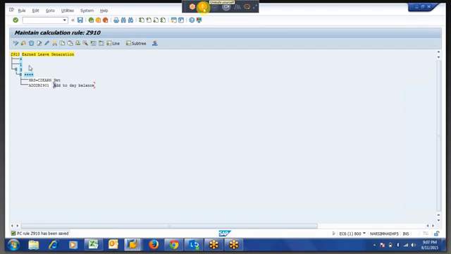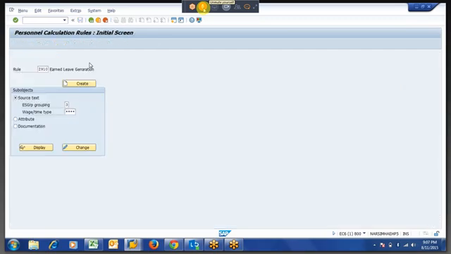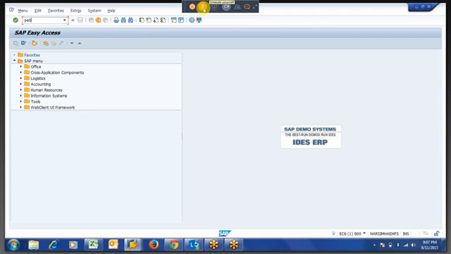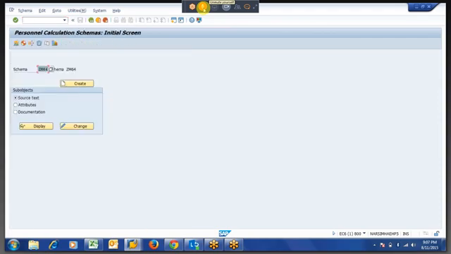So this PCR we have to insert somewhere in the schema which we are running in the payroll driver. Before that, when you are inserting a PCR, we have to copy the standard one. We should not change anything in the standard PCR. If you change, let us say if you are using the standard